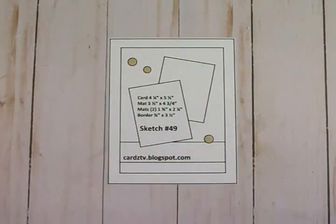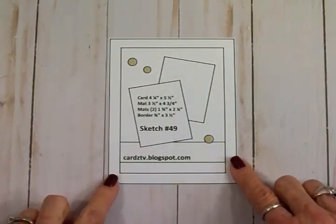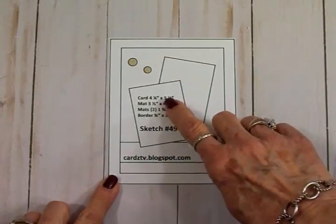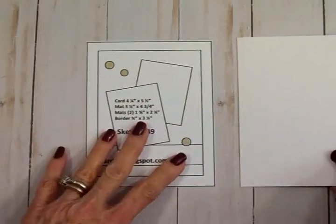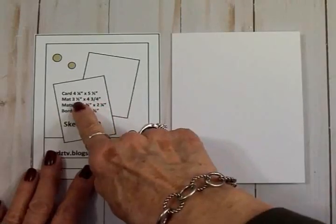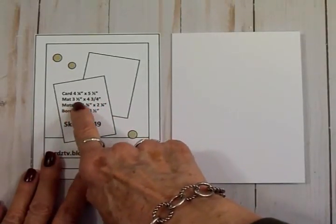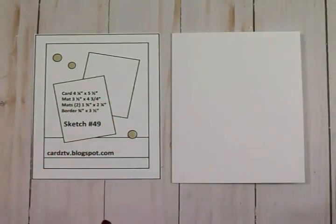Now we're going to jump right into this sketch. We're going to do an Easter card today, and if we take a look at the sketch, we see that our card base is 4 1/4 by 5 1/2. I've already cut, scored, and folded my card base. Now to go on our card base, we have a mat which is 3 1/2 by 4 3/4, and I